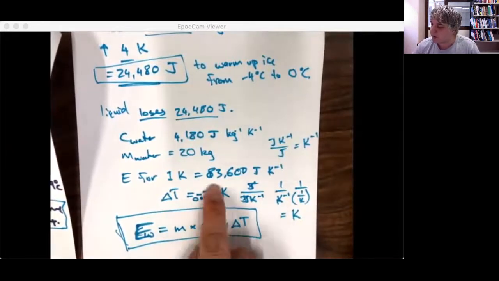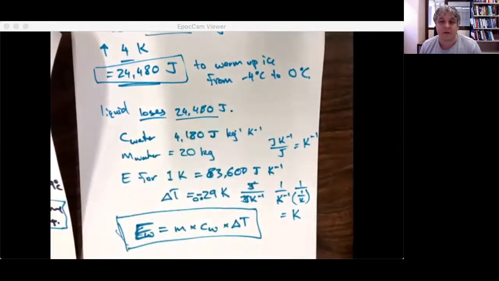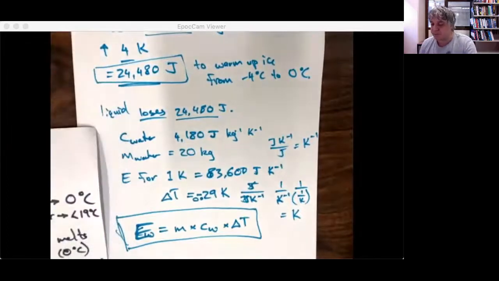If you look at that and say, well, 83,000 would lose us a whole Kelvin, we've only lost 24,000, that's going to be around about a third of a Kelvin. If you get a value out that's not about a third, then you know you've done something wrong and you can double check. But about a third, 0.29, good. So that means at the end of step one,